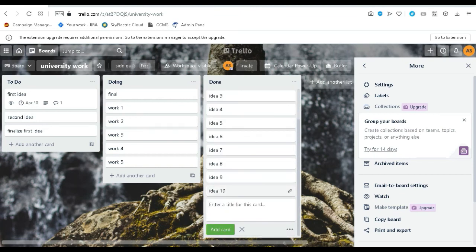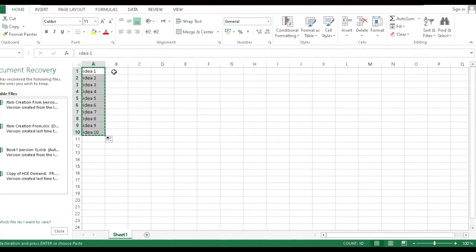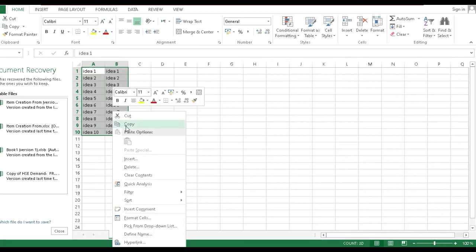Also, if I want to change something in my spreadsheet, for example, I write a final one and expand it. Now I want to copy both lists into Trello. I will expand this and copy